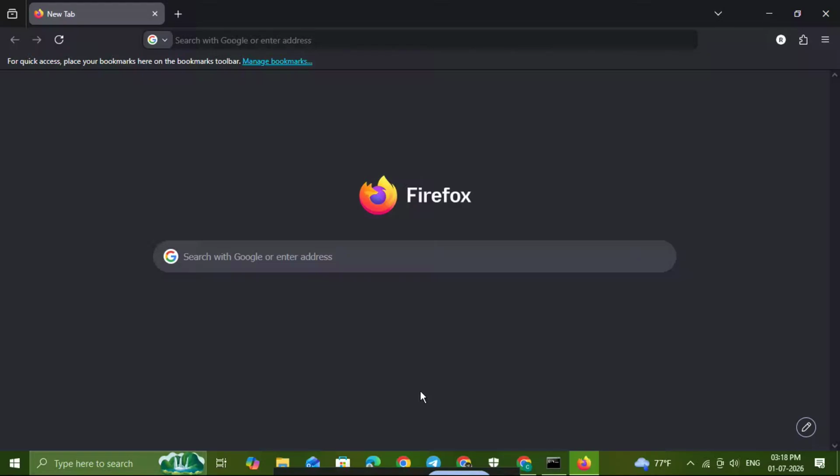In today's video, I'm going to show you how to import Chrome extensions into Firefox in the simplest way possible. If you've just switched browsers and you want to bring over your favorite extensions, this guide will walk you through